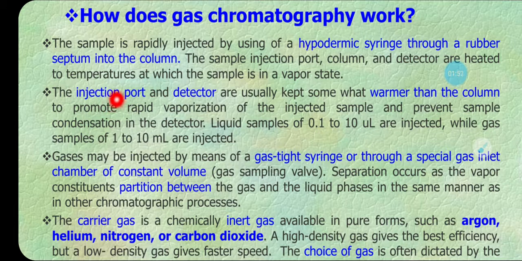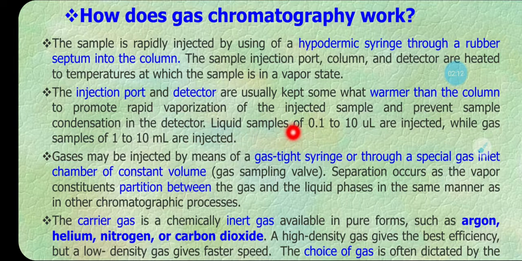Second point, the injection port and detector are usually kept somewhat warmer than the column to promote rapid vaporization of the sample and prevent the sample from condensing in the detector.